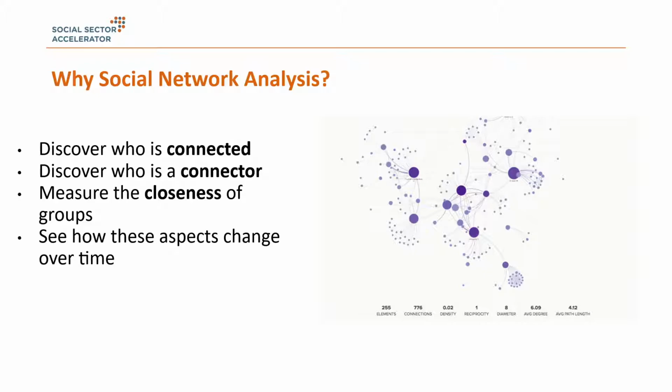If you're interested in group cohesion, you can use social network analysis to measure the closeness of groups. So very poorly connected groups will have few connections between individual entities within them, and over time, if your goal is to bring these groups together, you can measure the number of connections and see at the end the closeness of the connections, the number of connections that you have between individual actors. So I think that social network analysis is a really interesting way to look at groups and to gather certain